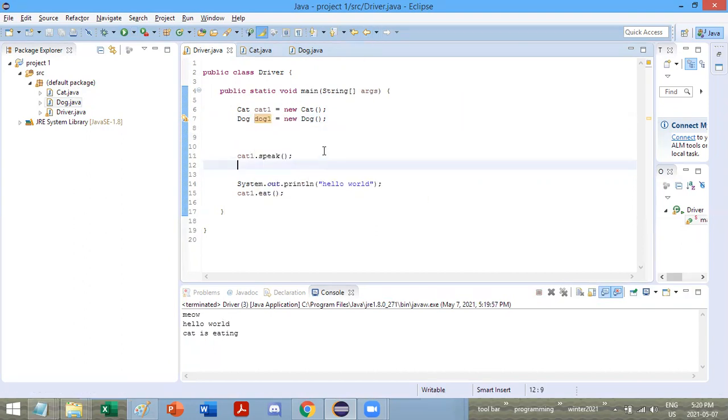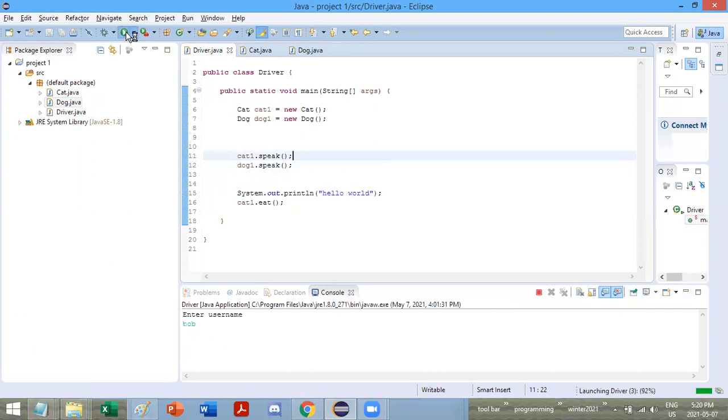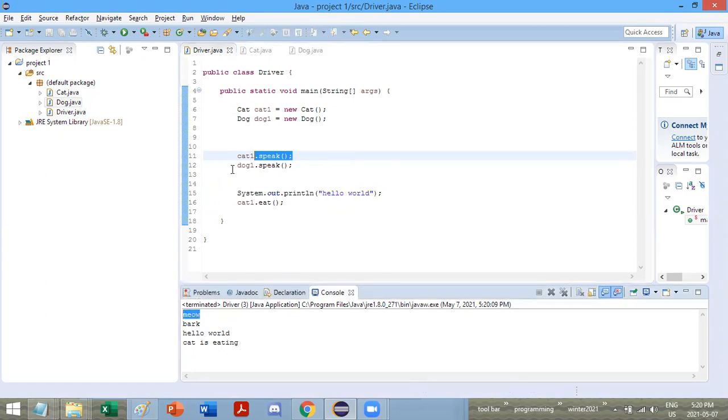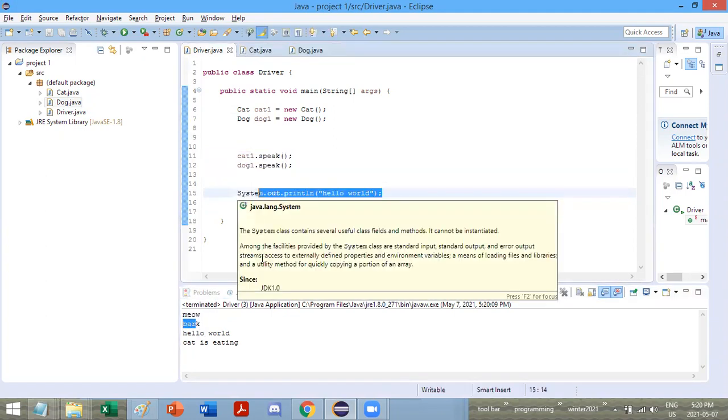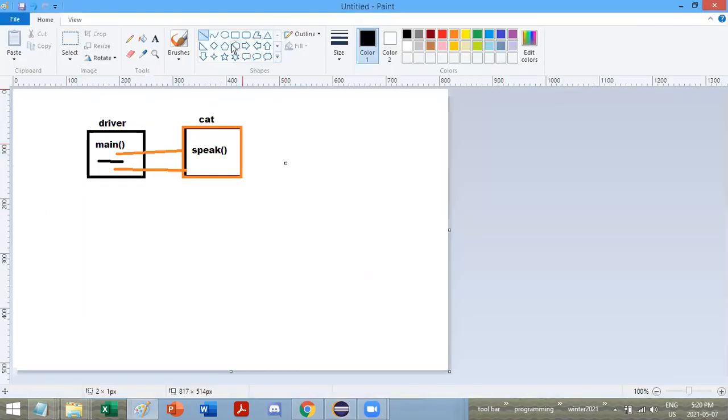Now, if I say right after the cat speaks, I want the dog to speak. So I say dog1 speak. So meow, bark. So cat speaks meow, dog barks, hello, then cat eats. So if you want to visualize this,